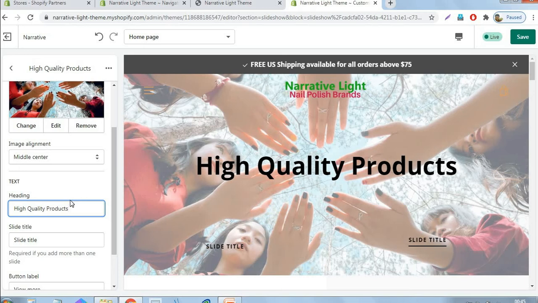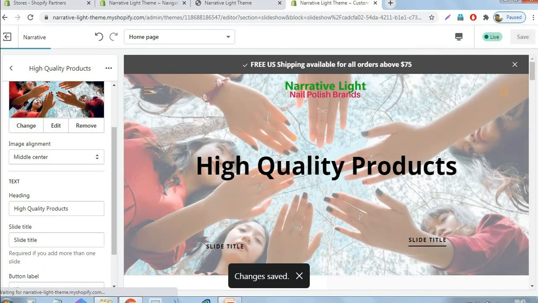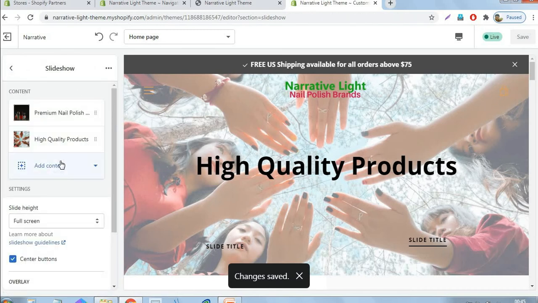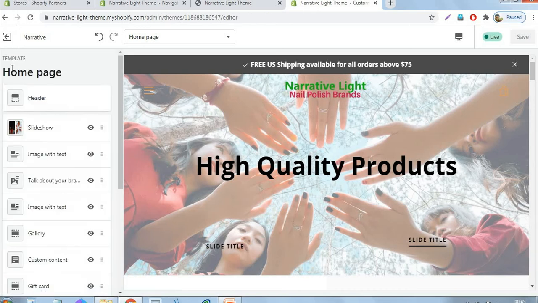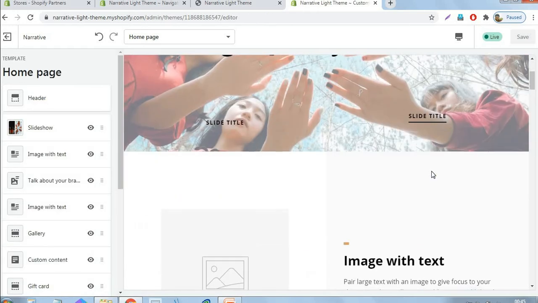Okay, just click the save button. Okay, the 2 sliders are enough, I think, but you can add multiple sliders in this section. Okay, the slideshow is completed. Then after that, the next section is image with text.